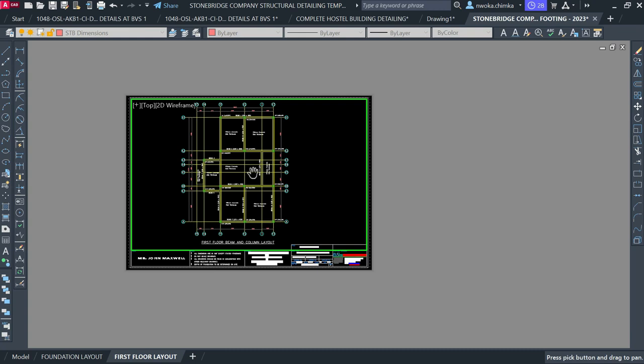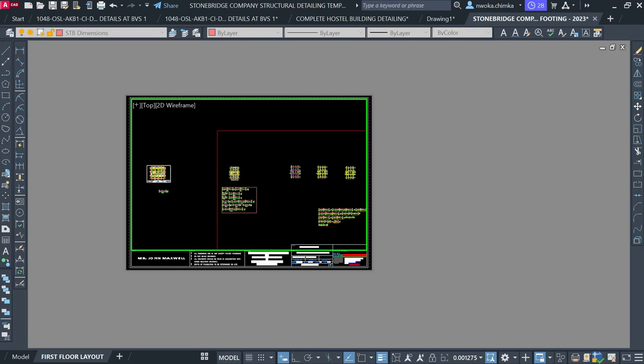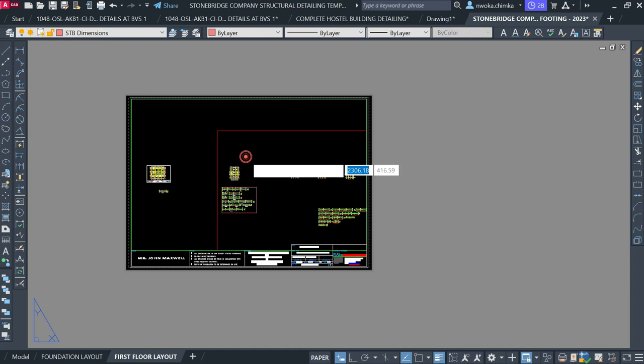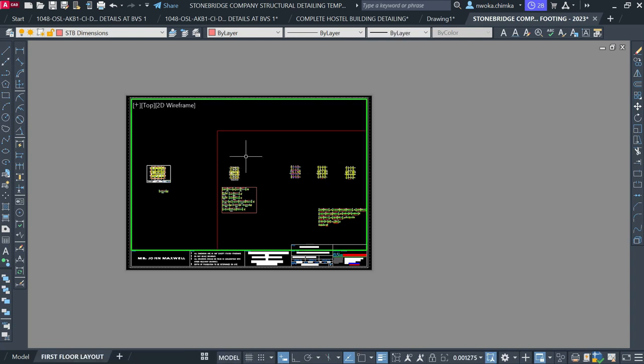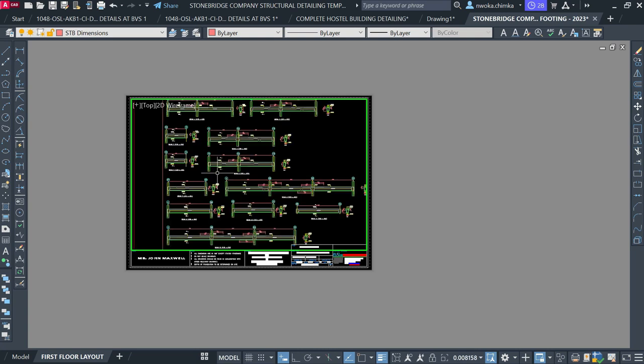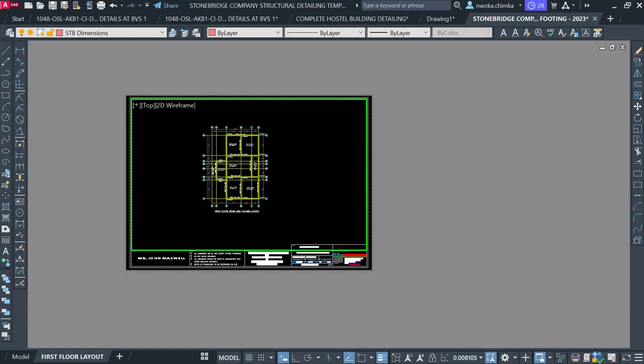Let me just repeat this again, if maybe it didn't follow you. Let me take this off and then put anything here and then click outside here, or just escape and click outside here. So to put a drawing inside this place using this template, always what you have to do is come here, take your mouse button here and double click here. By double clicking here, you have to zoom and then locate the drawing to put here. If it is the bin details, you just zoom it out and then press your scale. But since I want to place my layout here, I have to zoom it out first and then type my scale. I'll type Z, enter, 1 all over